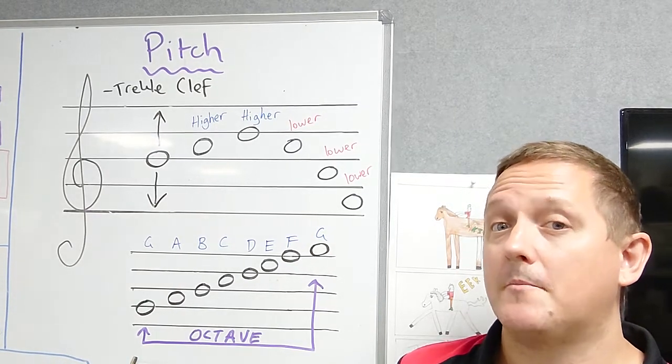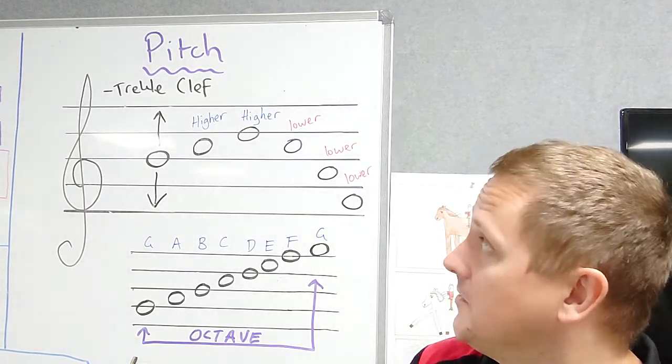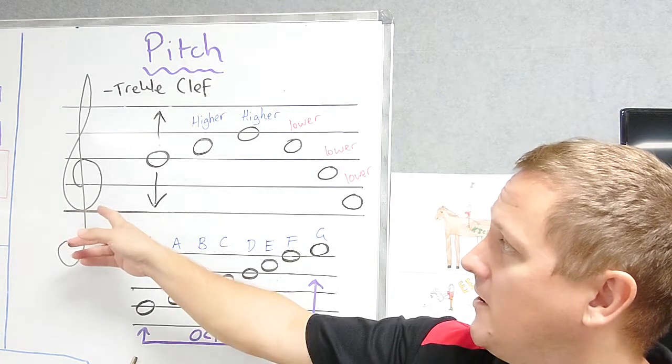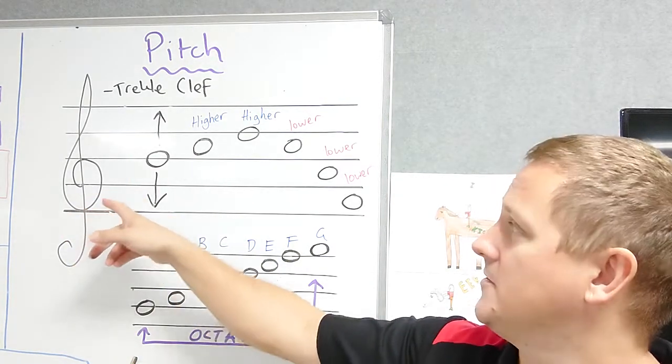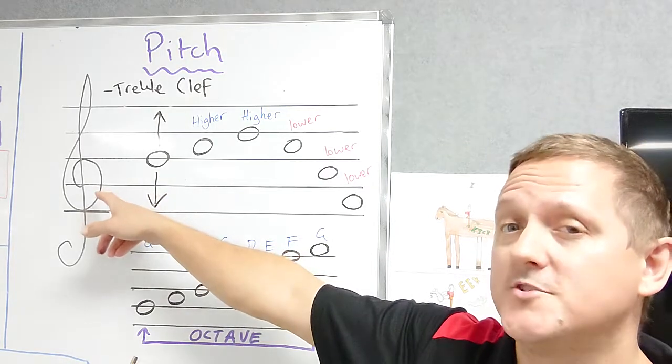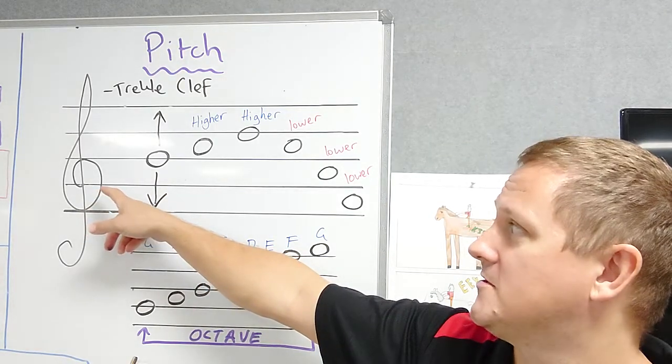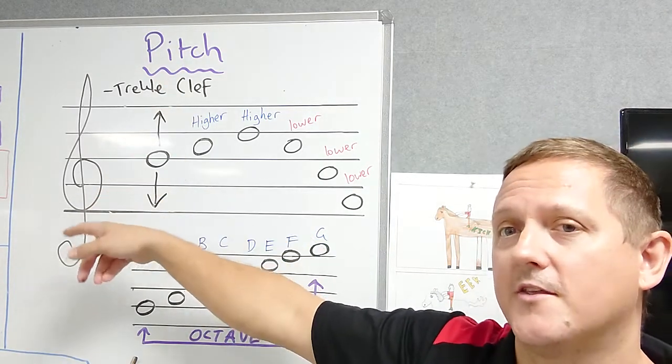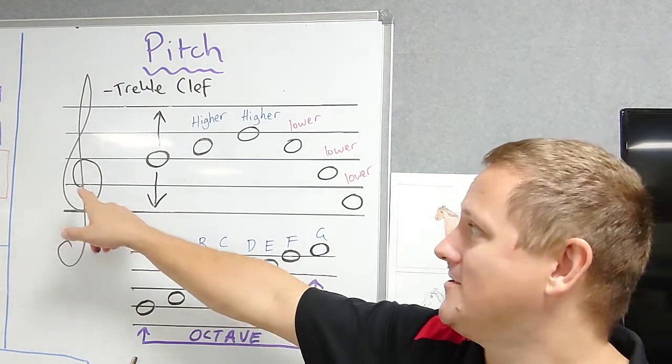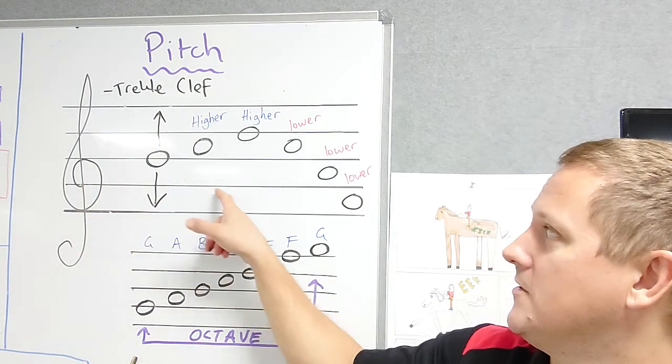Okay, so this section is about pitch. And just to begin with, we have on our left side here a pretty treble clef. Now this is the treble clef, and originally it was called a G clef because this fancy symbol was actually how they used to write the letter G, and it signified that the note G was on this second line